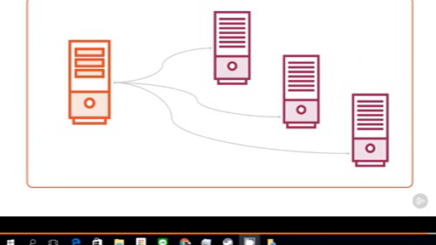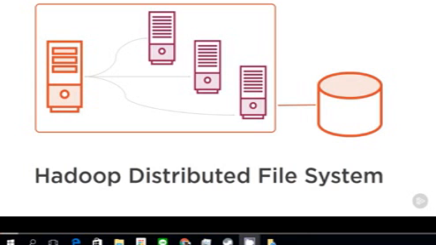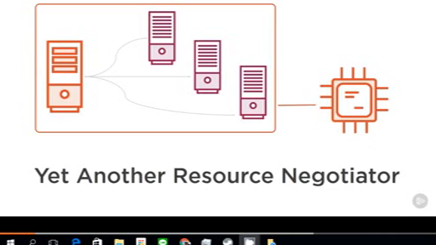But before we move on, I'll recap what I've covered in this module. We've learned that Hadoop is a platform for storing and processing huge amounts of data. The storage part is provided by HDFS, the Hadoop Distributed File System, and the compute part is provided by Yarn, yet another